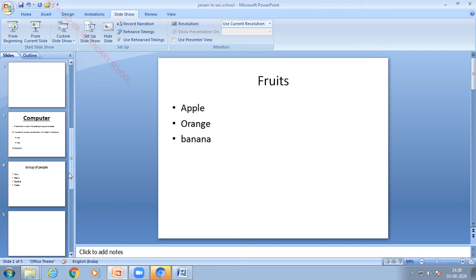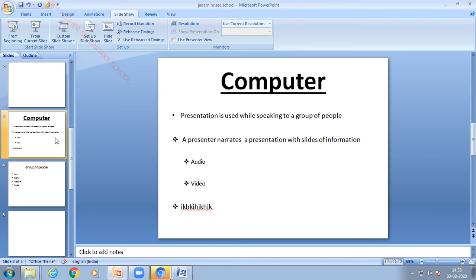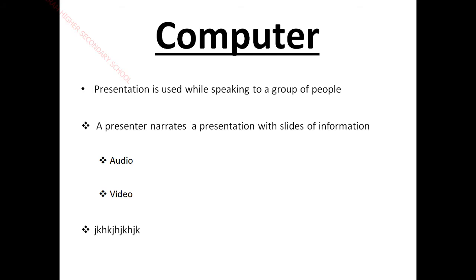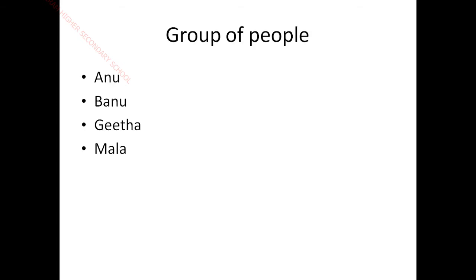The From Current Slideshow option helps us display the slides during the presentation from where you want to start. Okay, so I'm going to start from the 3rd, select the current slide, then click From Current Slide. Then how will you move to the next slide? You have to press the movement keys to move to the next slide. I hope you understood this.